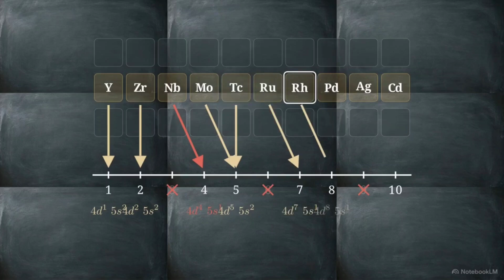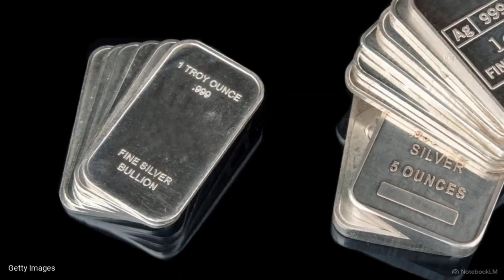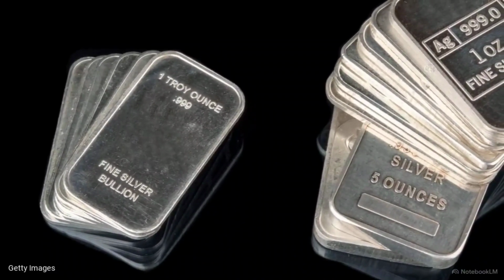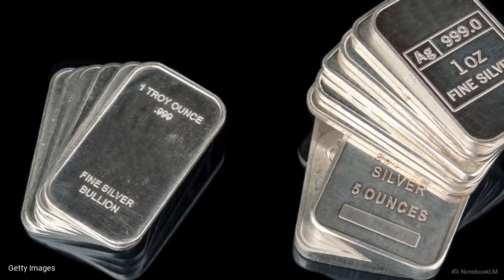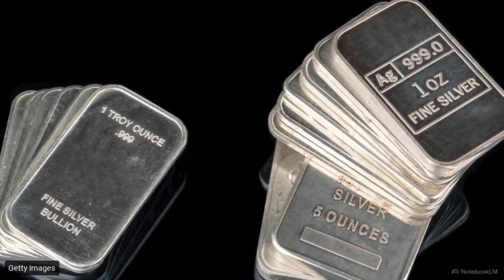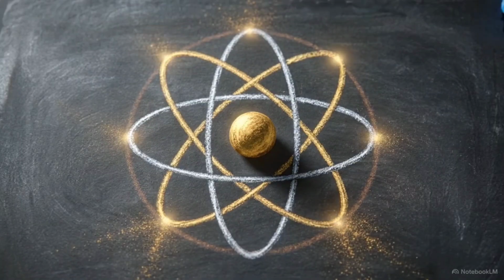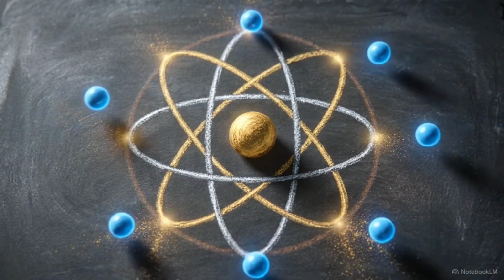Continuing the count while skipping 6 and 9 creates a cumulative displacement. By the time we reach palladium, it absorbs both outer s electrons to reach a unique 4d10 5s0 state. These orbital shifts result in the highly stable electron structures found in silver and palladium, giving these metals their valued non-reactive and corrosion-resistant properties. Omitting 3, 6, and 9 from the count perfectly predicts 6 separate orbital exceptions that would